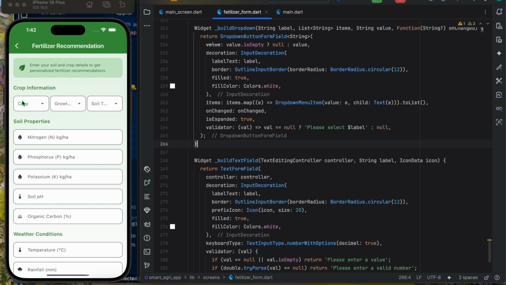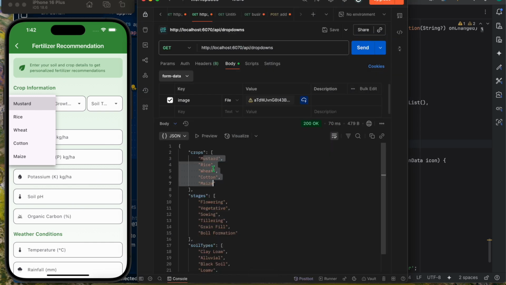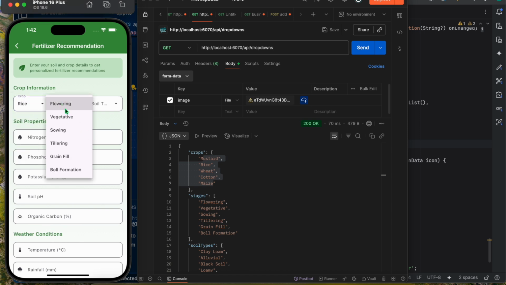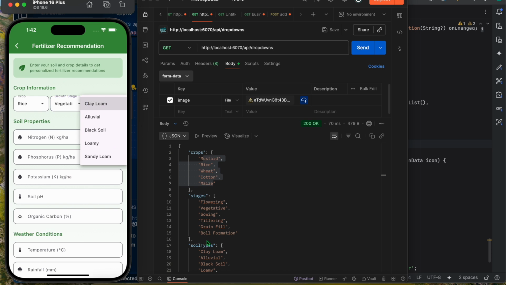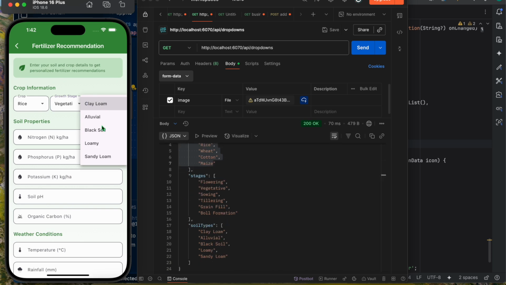So now whenever we select a crop, if you see, our list is displayed here. This is our list. Okay, so if I select rice, if you see, stages are also here, soil types are also here. Now if I add any value,